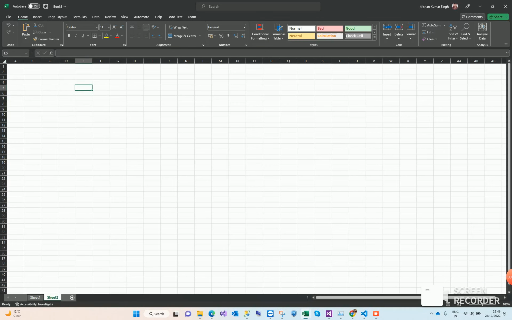Hello friends, today we are discussing how to enter the unit in Excel. If you enter it like this, you may face issues when calculating the sum. So let's see. If you put it like this and put the formula